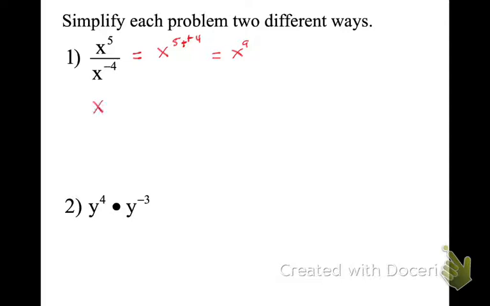Another way we can do it, because if my fraction is bigger, right away, if I have a negative exponent, I'm going to take its reciprocal. I can rewrite it as x to the 5th, move this up, and make it x to the 4th. And that's x to the 5th plus the 4th, which is x to the 9th. Okay? So try number 2. You have 2 ways to do it. You can take the reciprocal of the negative exponent and then do the rule, or